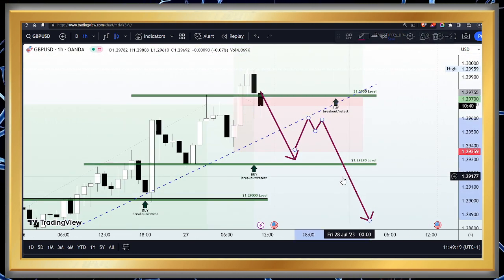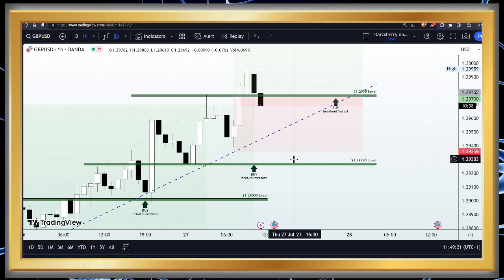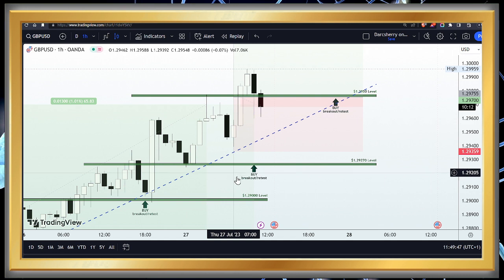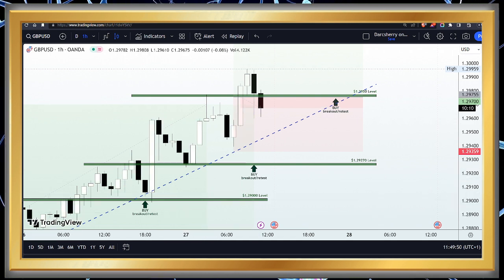So let's see how this will play out in the next 24 hours. And trust me, we shall be back here tomorrow to review how well this price is doing and how we can anticipate tomorrow's trading session. So on this one, I still remain very bullish as long as price remains above that ascending trend line we just identified on the chart. So you want to be marking out these levels so that you can use them as a reference point when you're about to make your independent decision on this asset. If you have any questions as regards the current setup I just shared with you, feel free to let me know in the comment section.